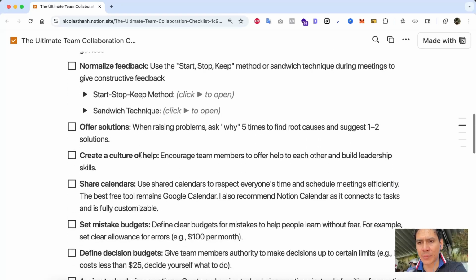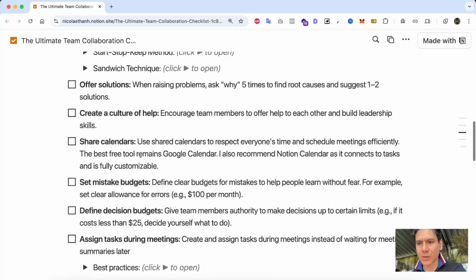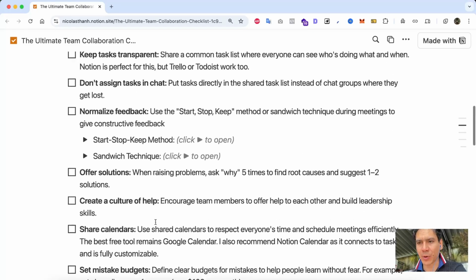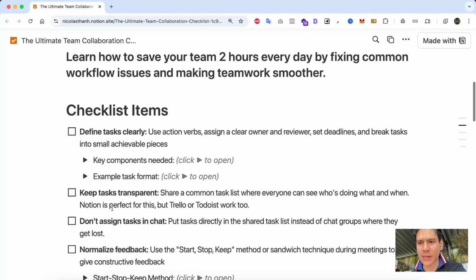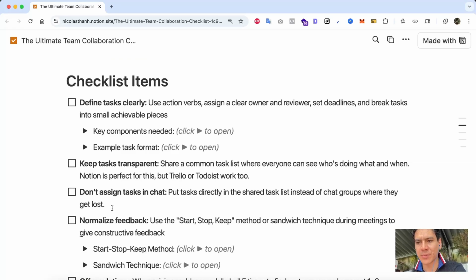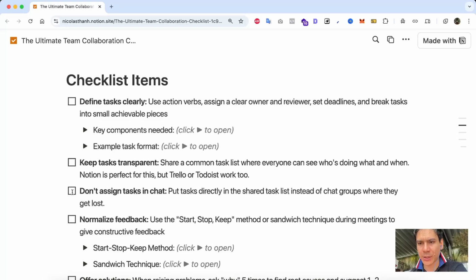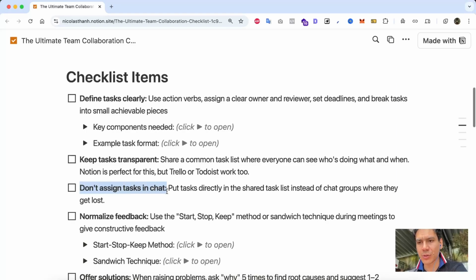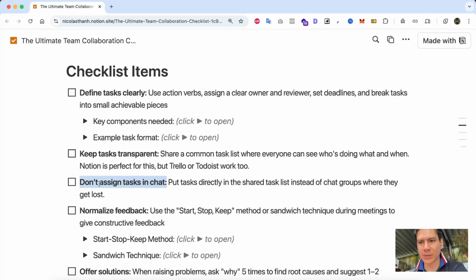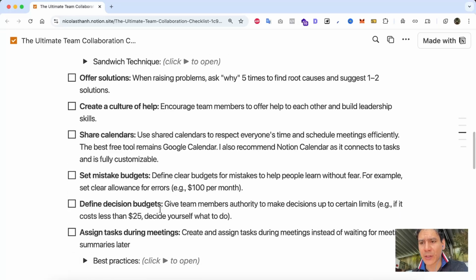And of course, there are many items. Okay. So you don't have to use them all at once. You can also decide to try 1 or 2 items and see how it goes. Because, for example, here, don't assign tasks in chat. This will require your entire team to get used to stop doing this habit of telling people what to do in a chat. There are tons of things here that I try to keep short because I want this to